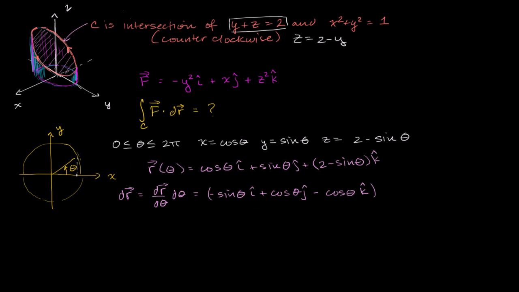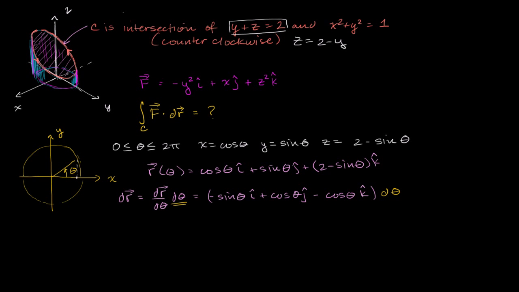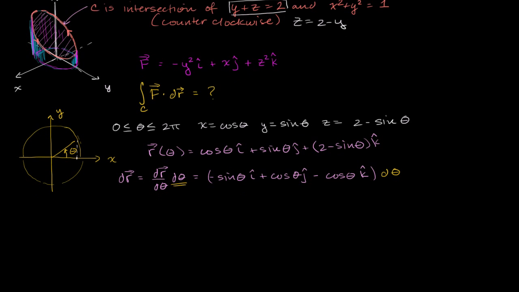And then we have, let me write this down. So then we still have to write our d theta, just like that. And now we're ready to take the dot product of F with dr. So let's think about this a little bit. F dot dr is going to be equal to,